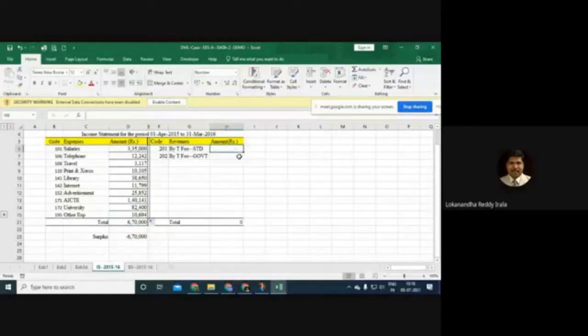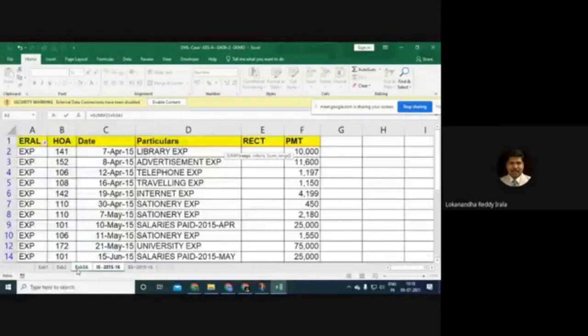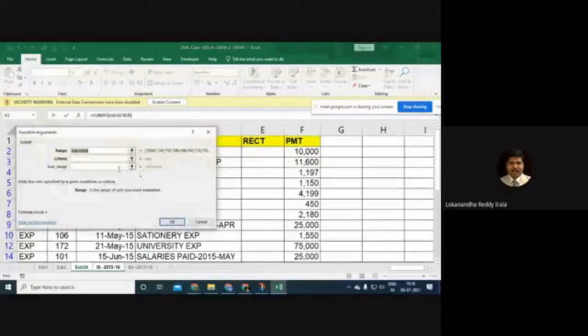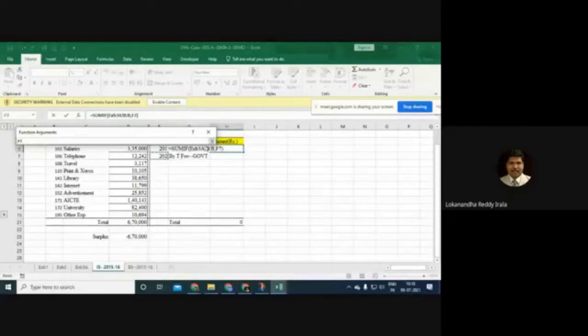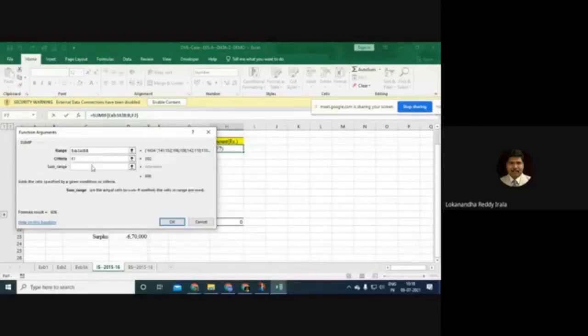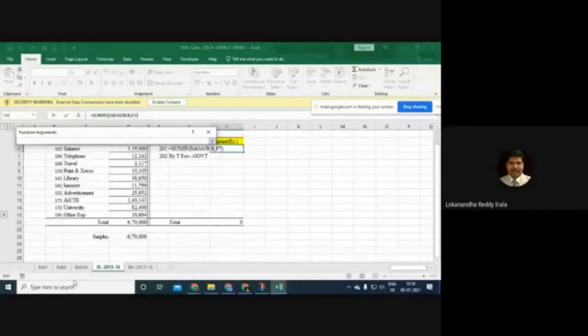Now what you do here is equal to SUMIF, brackets open. The range is this, and the criteria is now this, 201. Then the sum range is here. You have to be careful.